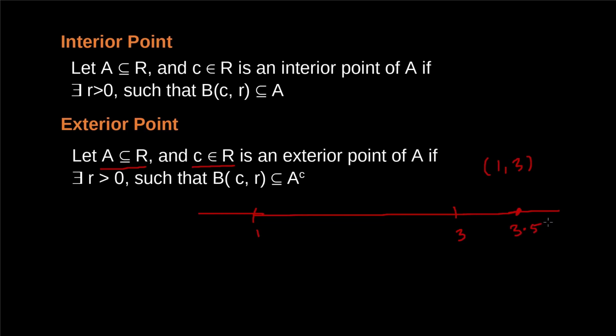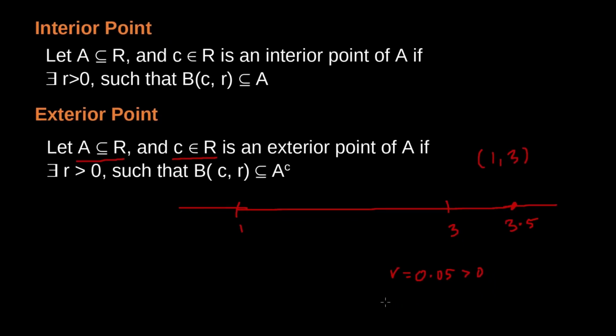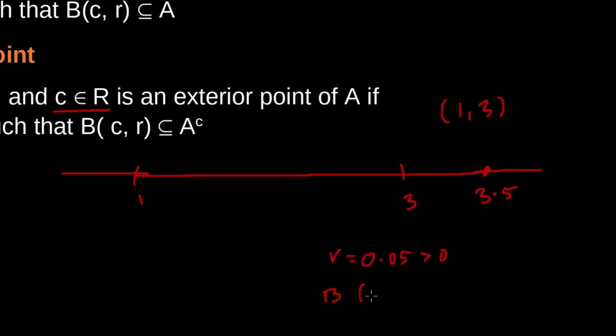This point 3.5 is an exterior point of this set A because for this point we can take a radius R, let's say R equal to 0.05, greater than 0, so that the ball with center at 3.5 and radius 0.05